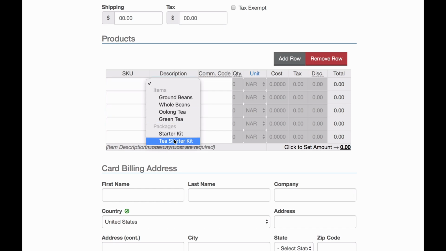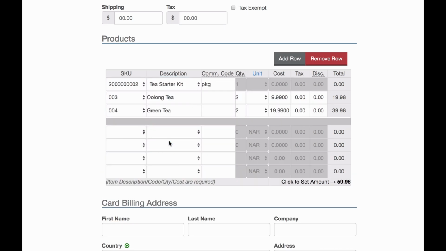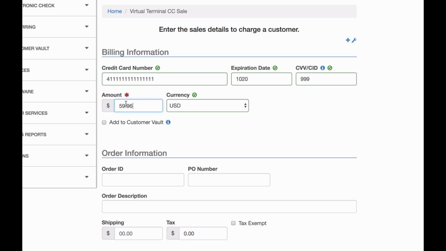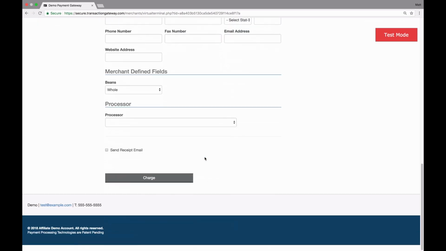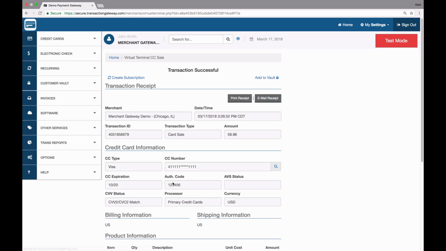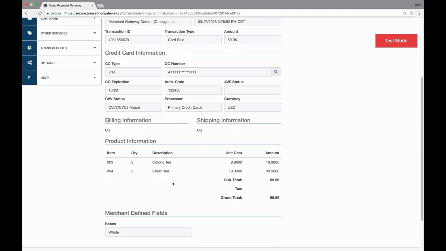So let's have someone check out for that tea starter kit that I just created. I click into that, it adds the package, and then the items beneath it. I get the total right here, and when I click on that, it autofills the amount right up here. So that's the total amount. I can scroll to the bottom, hit charge, and there we are, transaction successful, and I get the same receipt